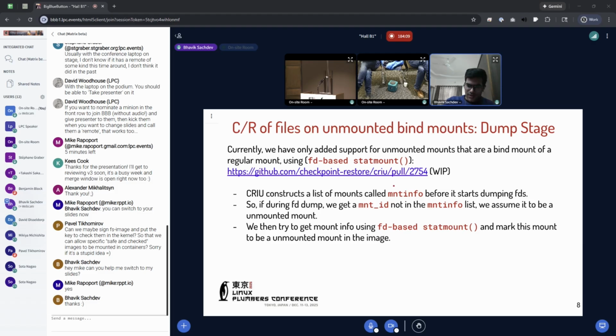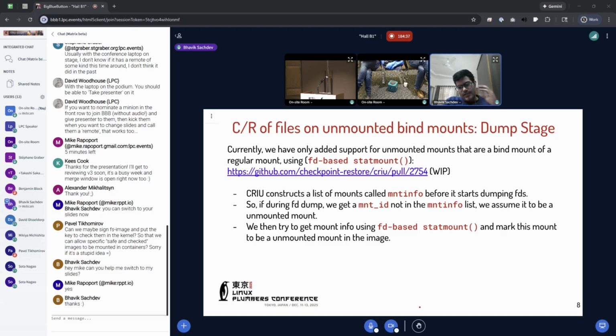During dump, CRIU creates a list of all mounts called mountinfo before it starts dumping FDs. During FD dump, if we get a mount ID not in the mountinfo list, we call statmount with statmount by FD and get mountinfo that way,